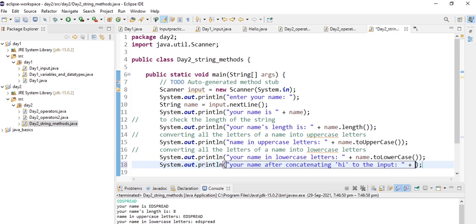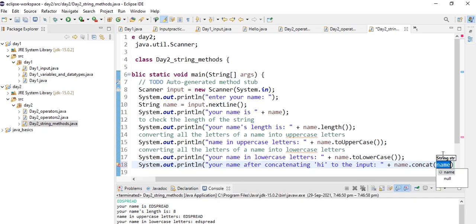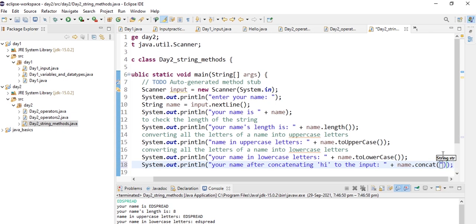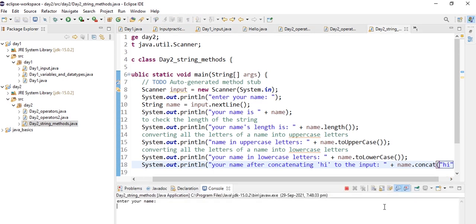That is, we're using name.concat. This is a method and we are concatenating hi and closing. So now let's execute this.